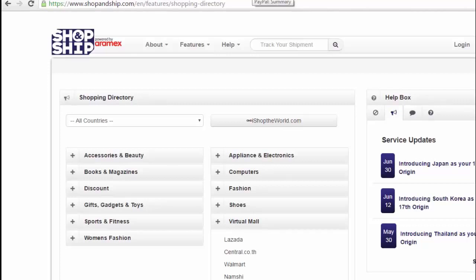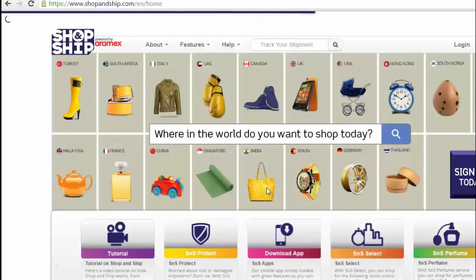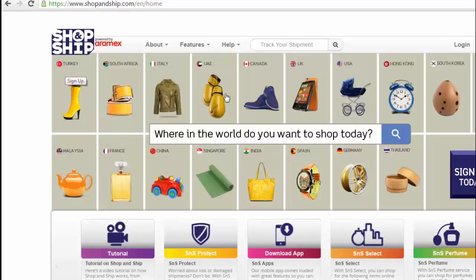I was in PayPal and I was sent an email that if you use Shop and Ship powered by Aramex and you use your PayPal account, you will get 10% off every purchase, and shipping and handling discounts if it's above $100. It was too good, so I went into Shop and Ship, and I was really impressed because they offer me purchasing anywhere in the world: Turkey, South Africa, Italy, UAE, Canada, UK, USA, Hong Kong, South Korea, Japan, Thailand, Germany, Spain, India, Singapore, China, France, and Malaysia. So I have all these countries to shop,